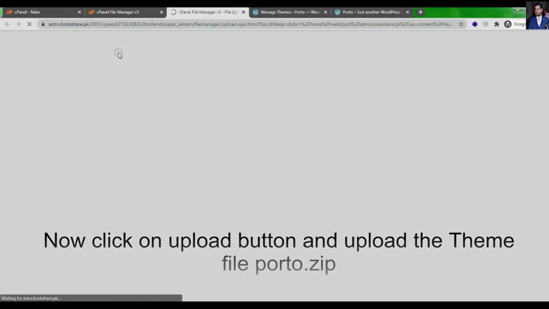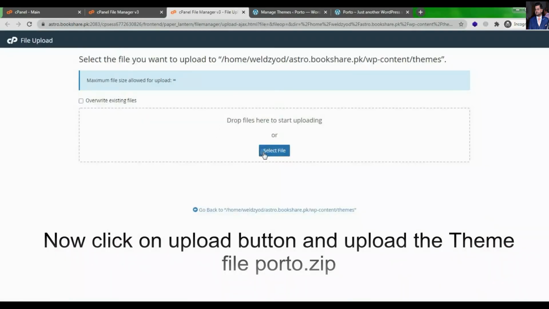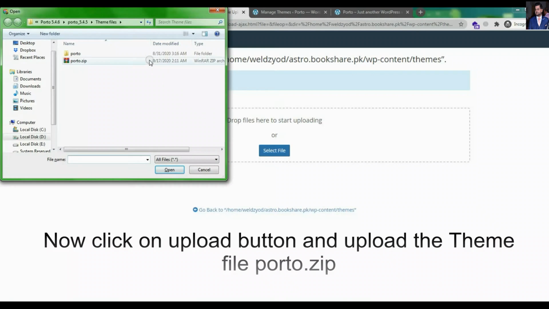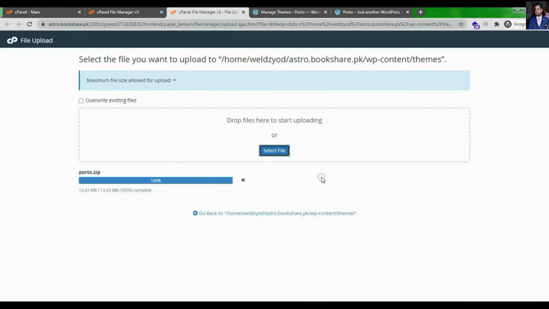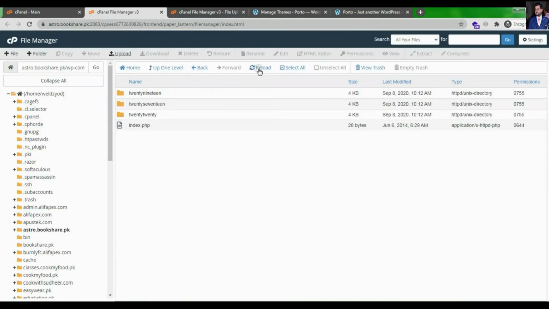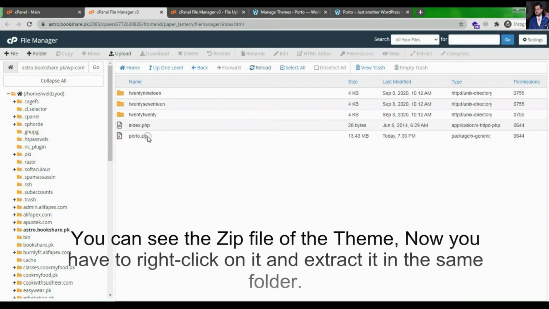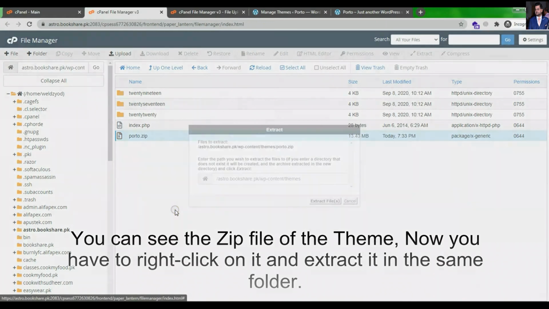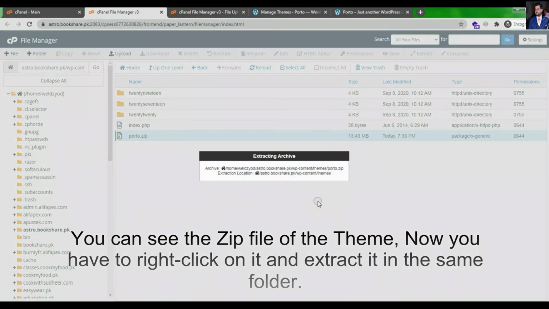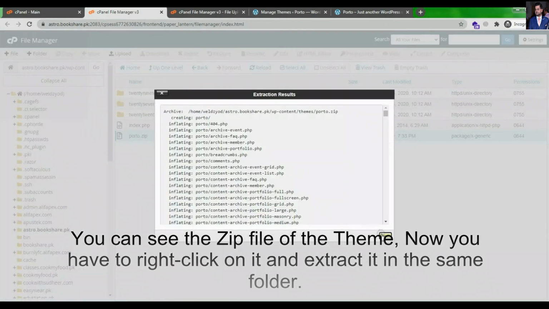Now click on the Upload button and upload the theme file porto.zip. You can see the zip file of the theme. Now you have to right-click on it and extract it in the same folder.